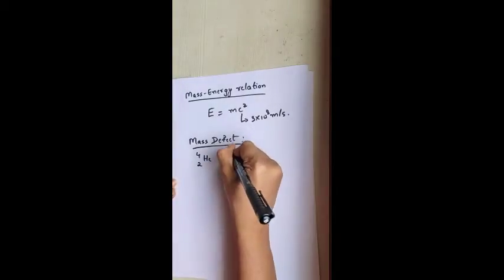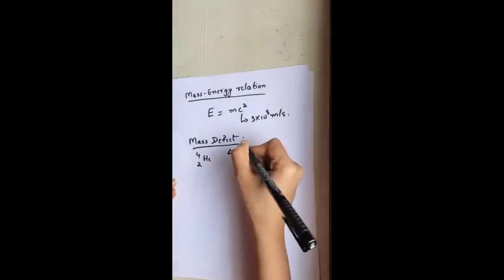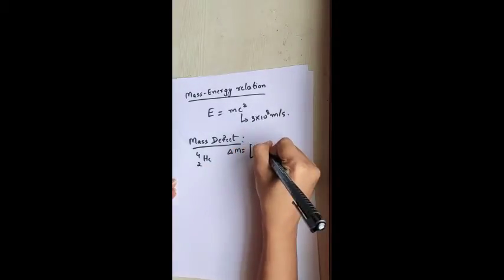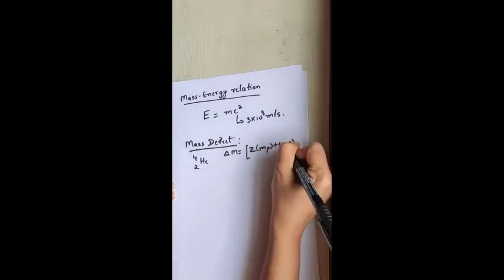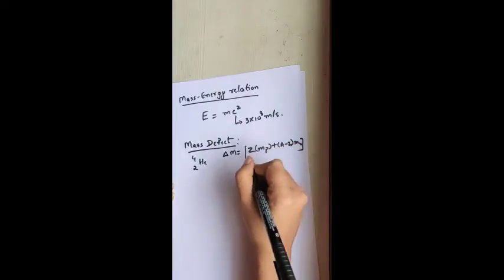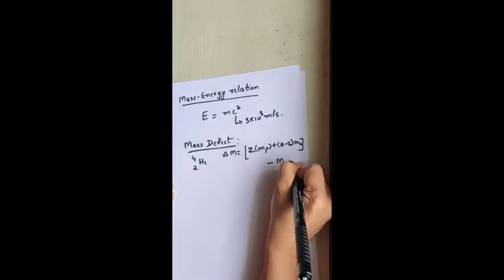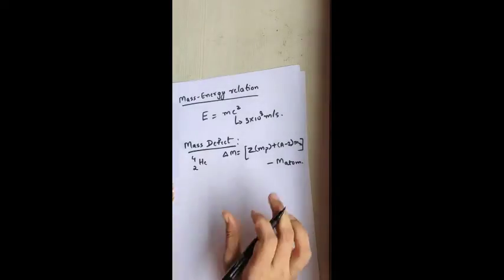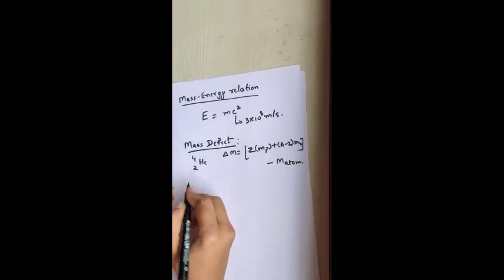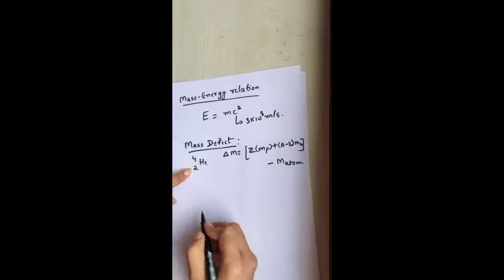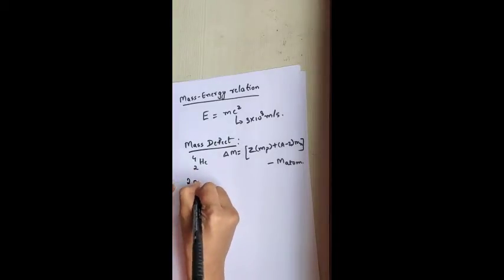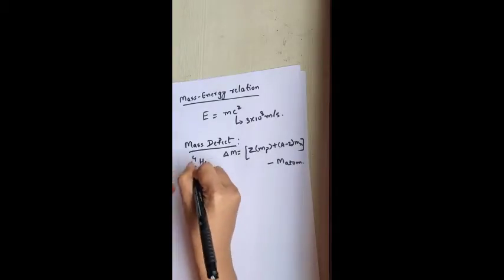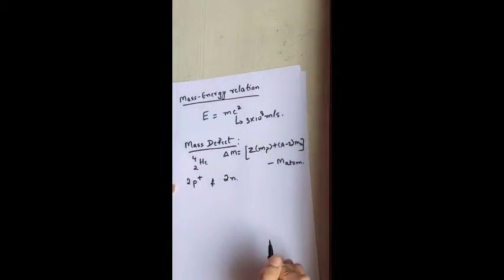So there are two ways for you to find the mass defect. One is you have a direct formula to find the mass defect, that is delta M equals ZMp plus (A minus Z) into Mn minus the mass of the atom. So first let us find this part. Now here 4He2: this gives you proton number, this gives you mass number, and the difference between the mass number and the proton number gives you the neutron number. So therefore we can say there are 2 protons and 4 minus 2 is 2, therefore there are 2 neutrons here.